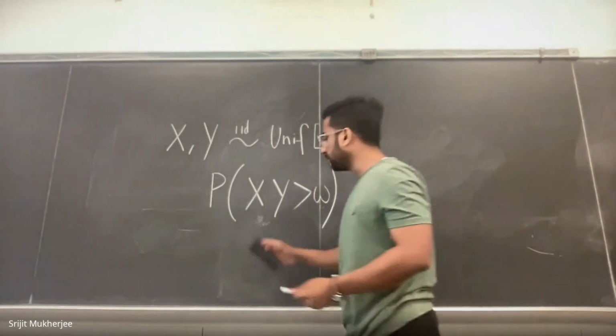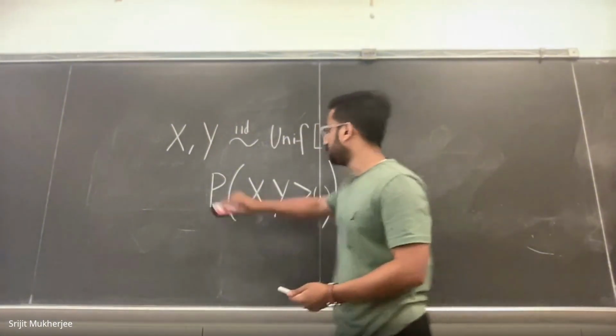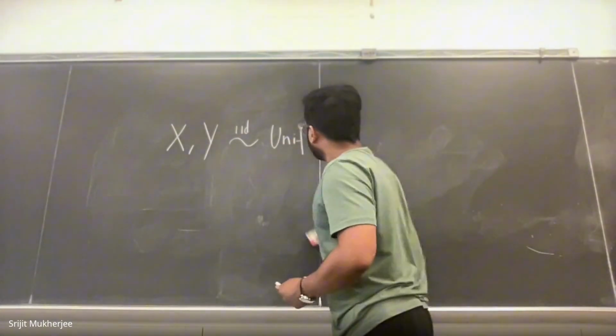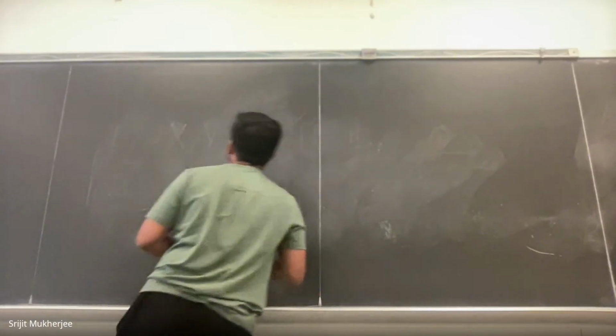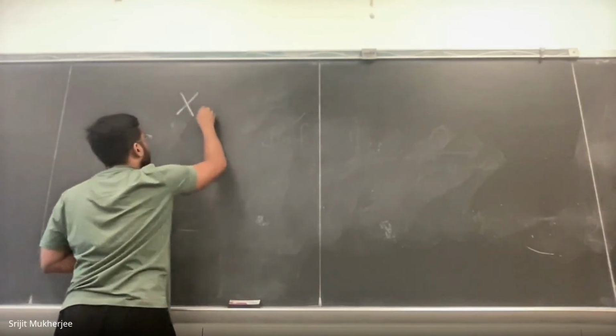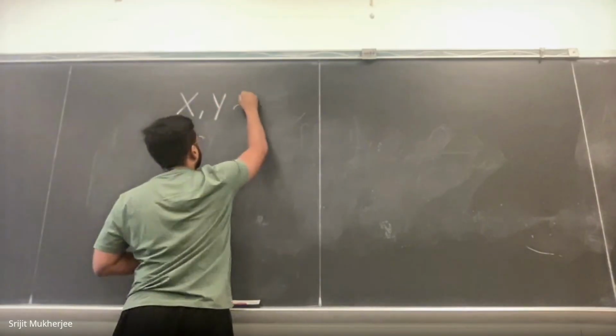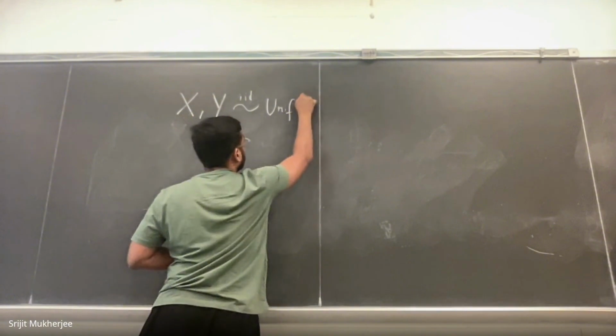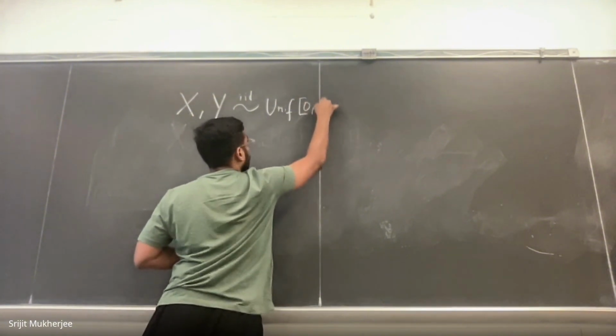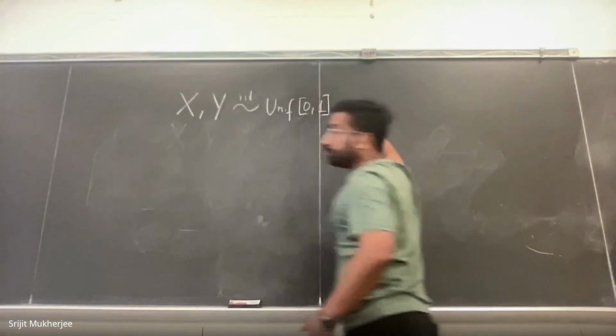There are multiple ways to approach this problem. Let me write it down. x, y follows IID uniform. We have to find out